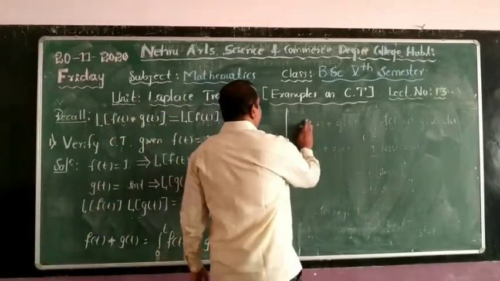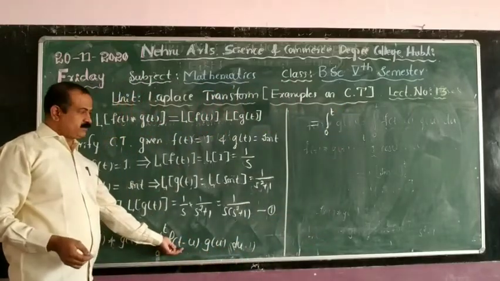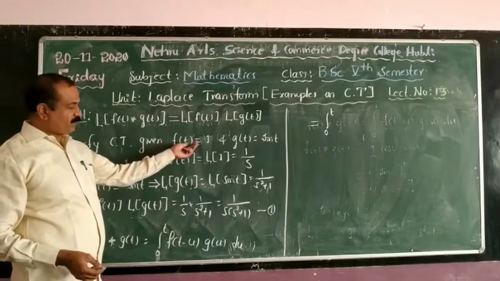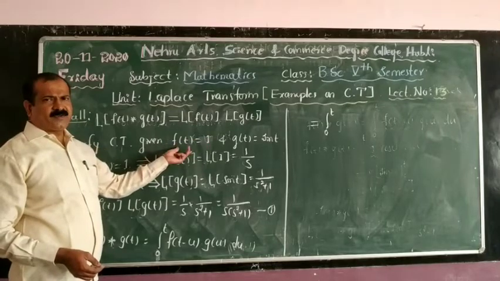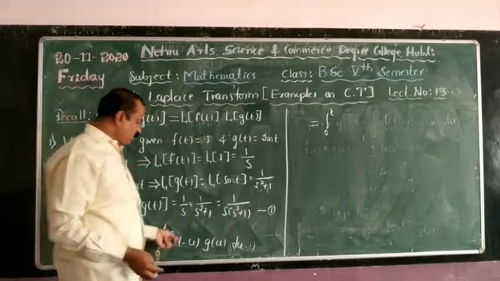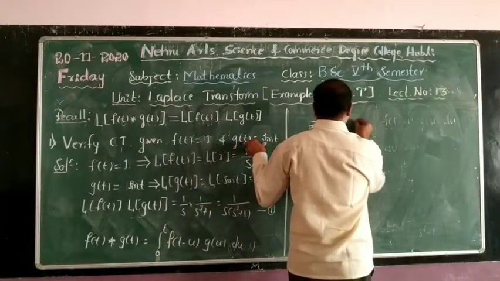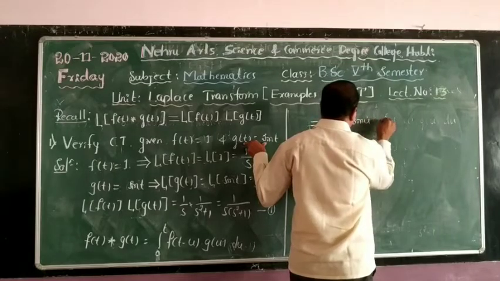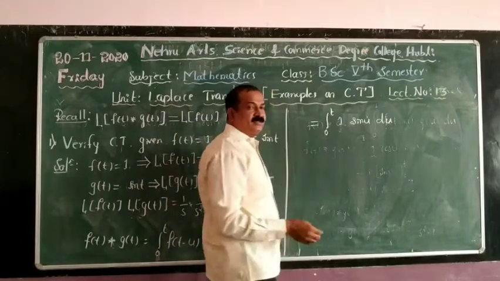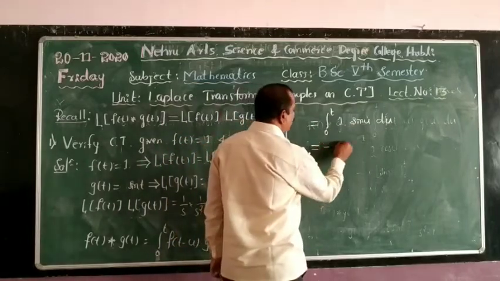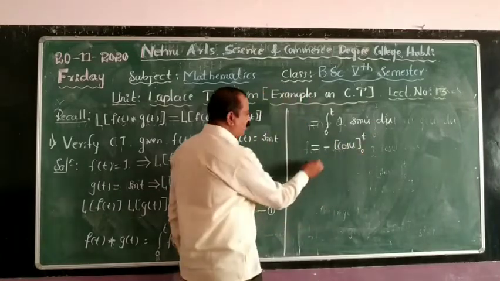So this is equal to integration from 0 to t, f of t minus u. What is f of t? F of t is 1, a constant. T changes to t minus u, there is no change in 1 because it is a constant. F of t is 1, therefore f of t minus u is also 1. And g of t is sin t, therefore g of u is sin u, the whole thing with respect to u as du. So now it is 1 into sin u, which is sin u. The integration of sin u is minus cos u. The integration is over. Put the limits of integration 0 and t.